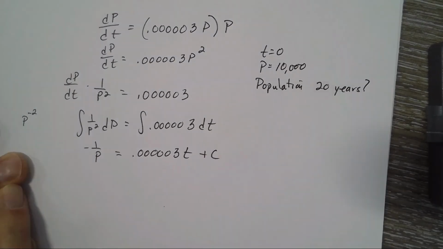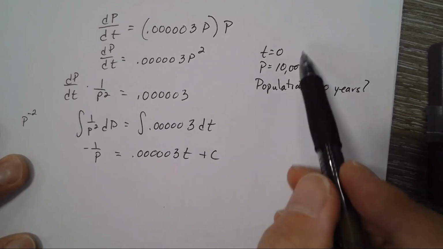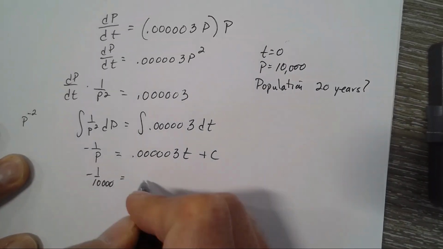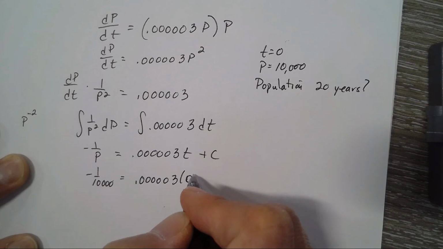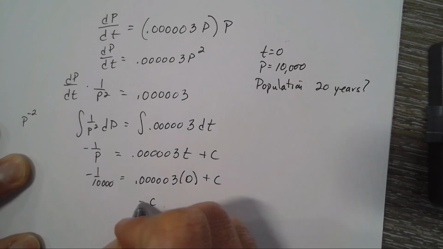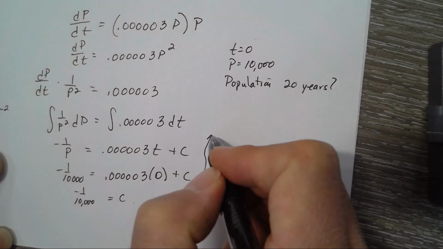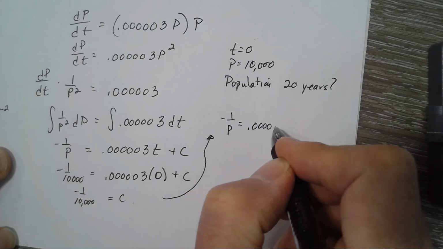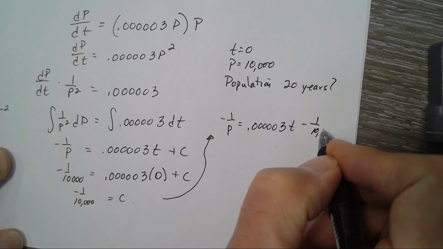All right, so I have my equation. Almost, I need to find out what c is. Well, we know that when time is 0, population is 10,000. Get tired of writing all these zeros. So c is negative 1 over 10,000. Now we have our equation. We have negative 1 over p equals, it's kind of ugly, 0.000003 t minus 1 over 10,000. Okay, I haven't solved for p yet,